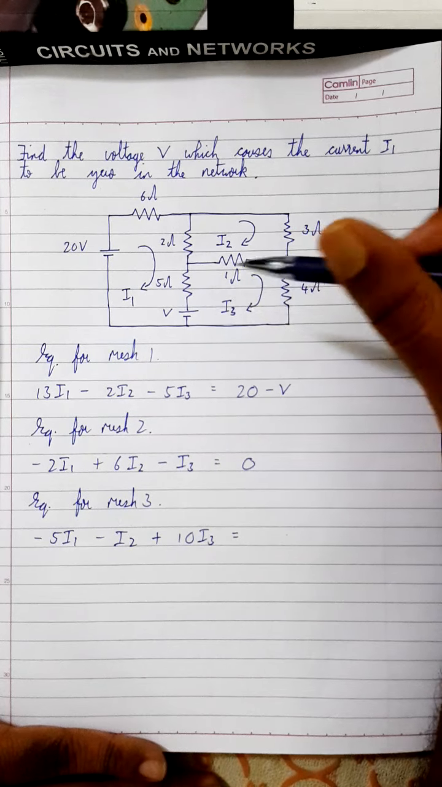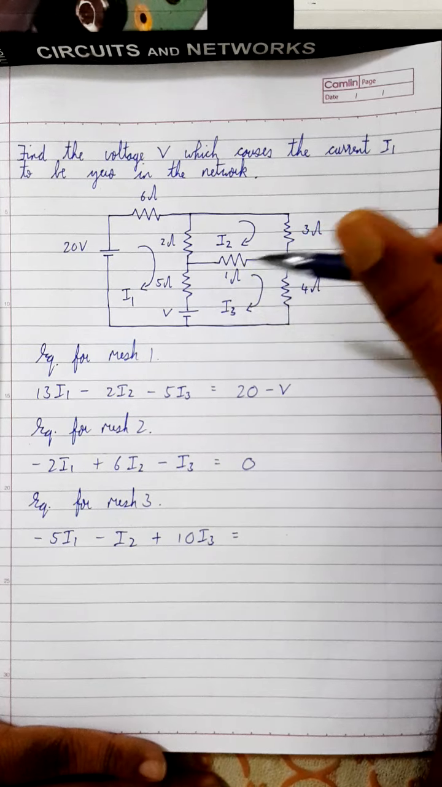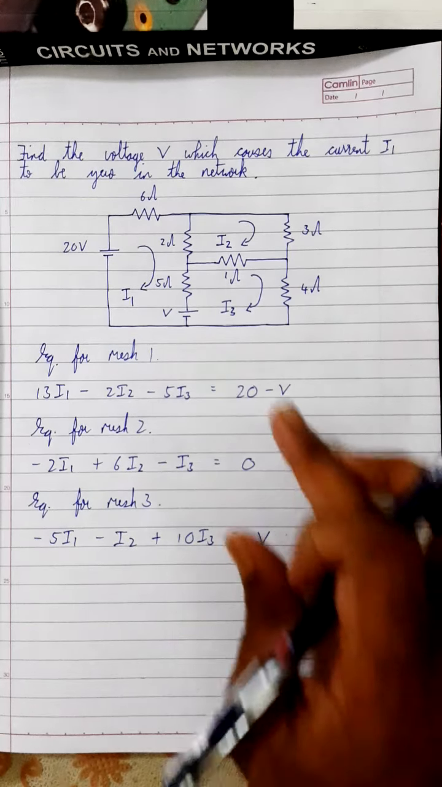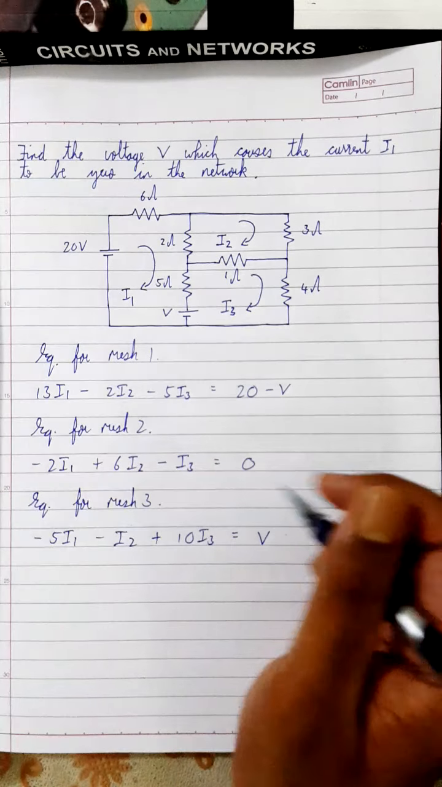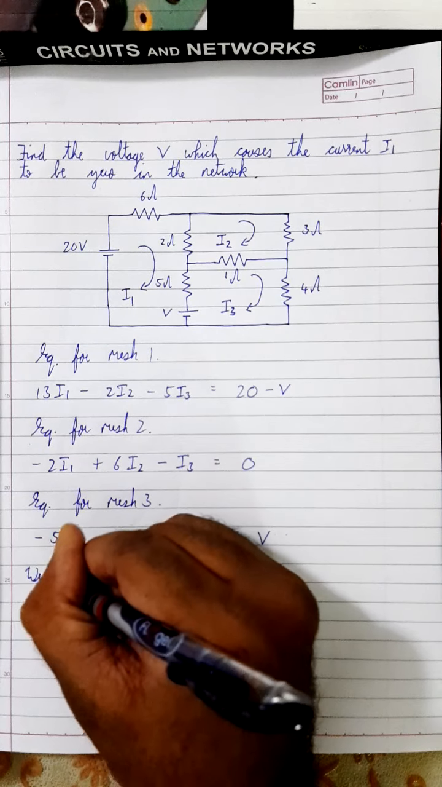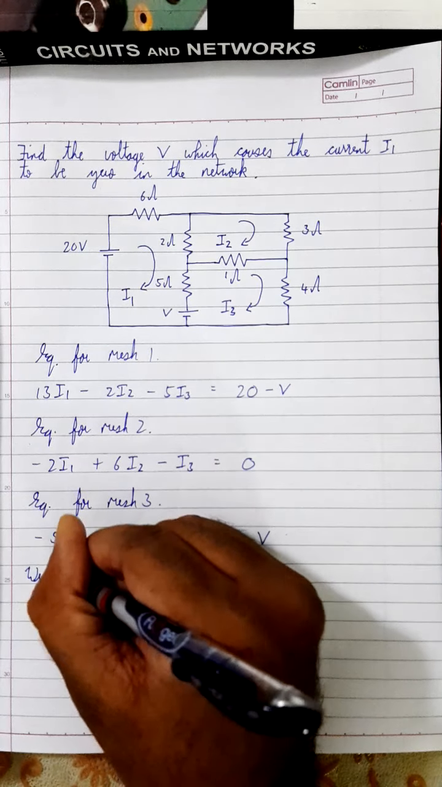It is supplying I3, so it will be plus V. So these are the 3 equations. Then I'm going to express these 3 equations in matrix format. Writing the above equations in matrix